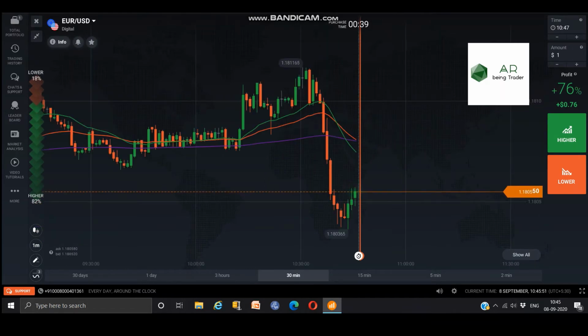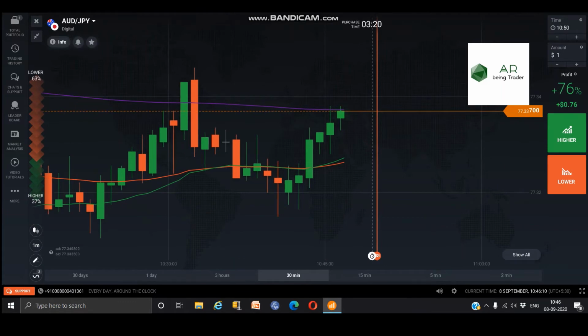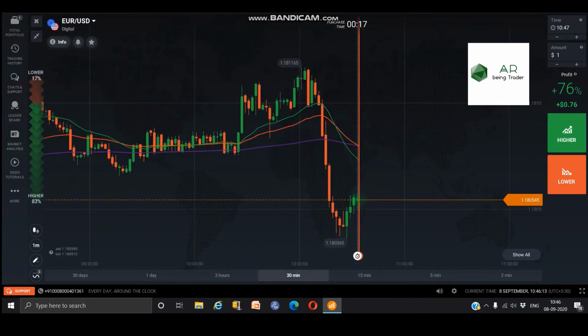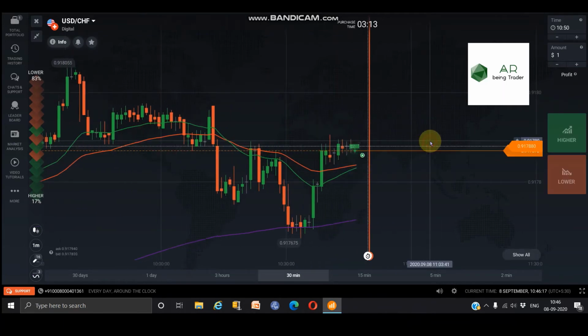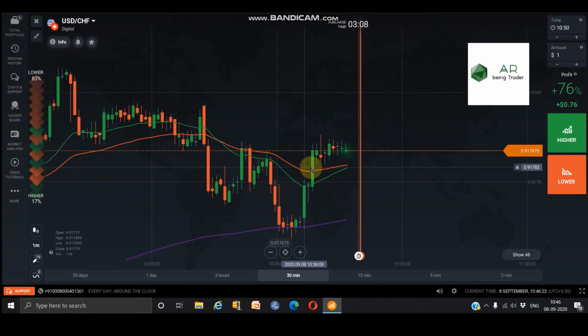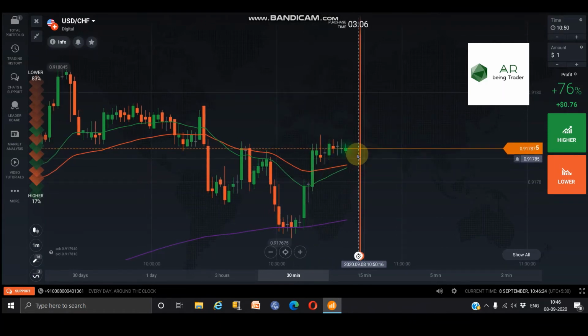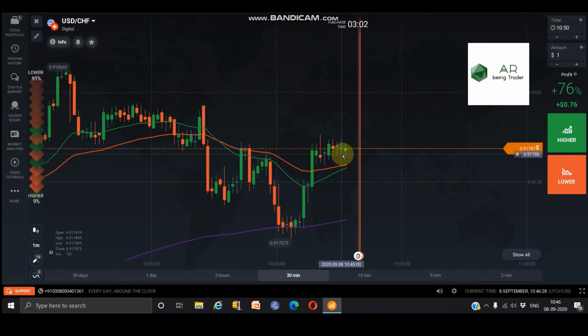Let me place two or more trades, just to show an example. I hope by these examples you will get an idea how to place the trades. We can go with the call option if the market comes here. Why? Because we can't place only here, it may come down.